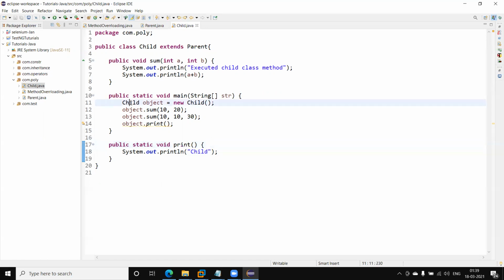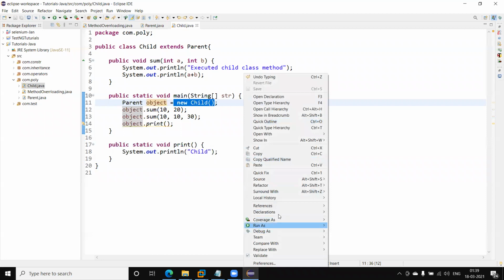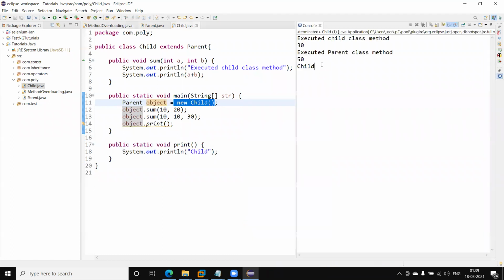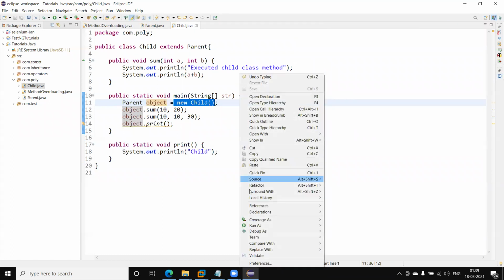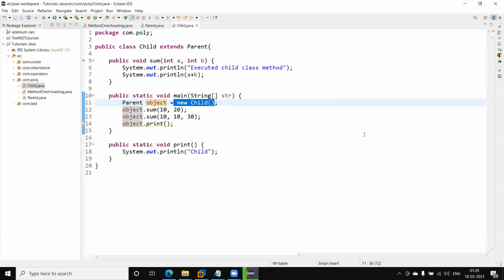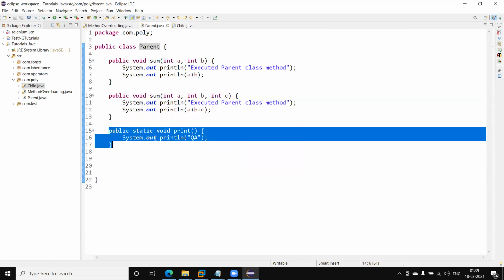Okay, but let me show you. Now I'm creating a parent class reference variable holding the child class object. Earlier it printed child; now let me run this, and you will get QA, because the reference variable is of the parent type, so it calls its own print method.